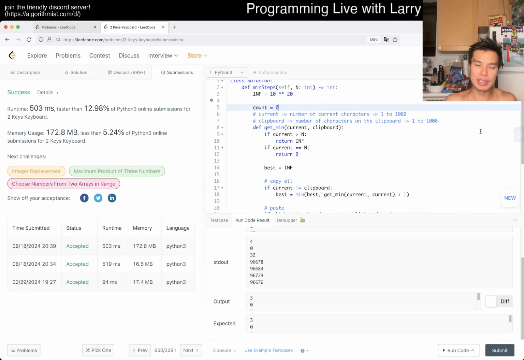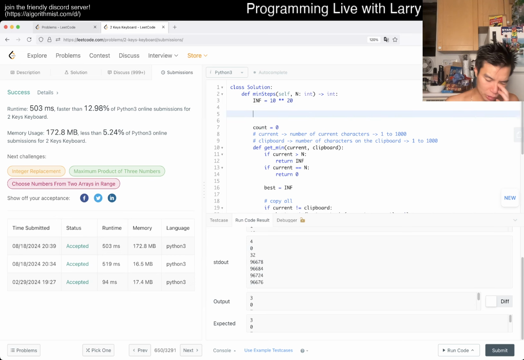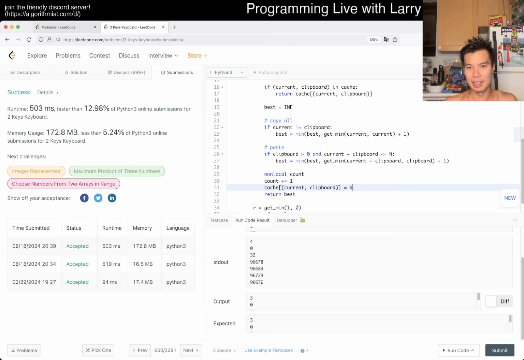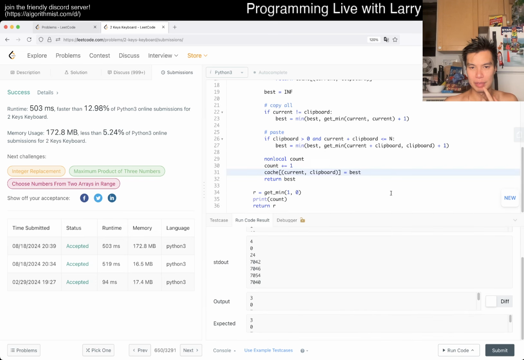I mean, we can actually bring back the memoization, just not in that way, because you can see that we actually save a lot of operations, but I was just lazy about it. So maybe just write it as a hash table. So now if current, clipboard is in cache, then we return cache of current, clipboard. I'm a little bit lazy today. I'm just exploring, right? And now, yeah, you can see that it is much